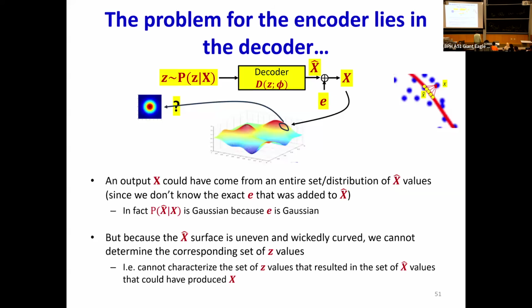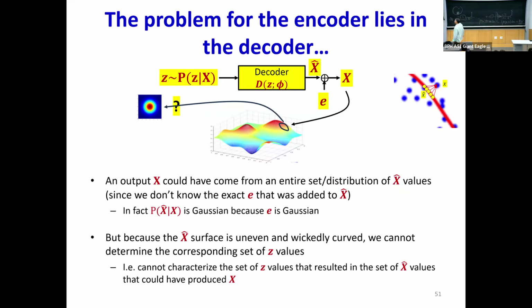And yet, if I actually knew the location on the manifold that any given z became, then because I can add noise, there's a distribution of faces that I could have generated from this location depending on the noise. And this distribution is simply going to be the distribution of the noise itself, centered at the location on the manifold, right?